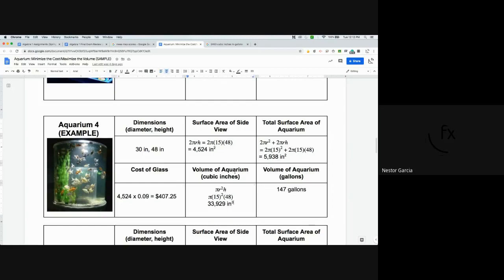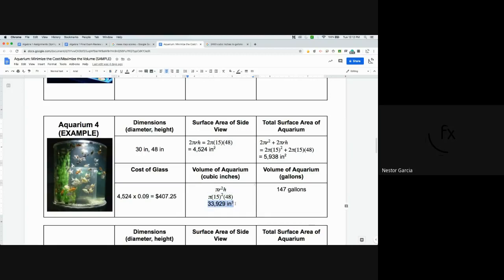Next, to find the volume of the aquarium, you would have to use the volume formula of a cylinder, which is pi r squared times h. In other words, it's the area of a circle, pi r squared, times the height. That is what gives you the volume of a cylinder. So you replace r with 15, because we determined that is the value of the radius. Replace the height with 48, because that was given to us. And again, type this into your calculator. You should get